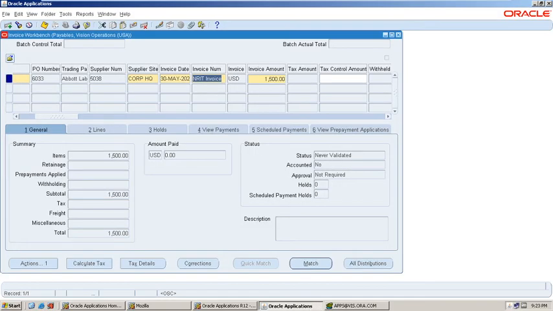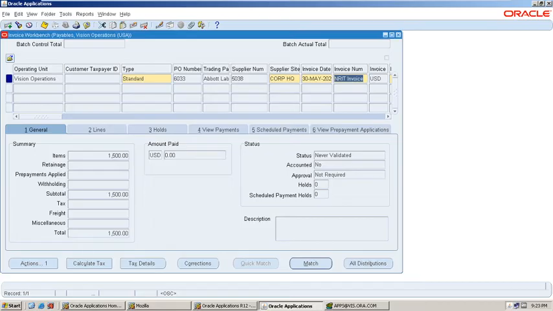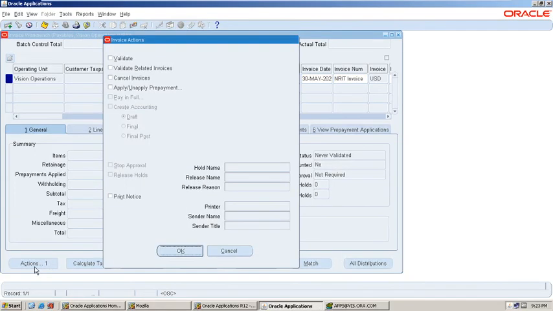Now the invoice has been created successfully. Once the invoice got created, we will validate that invoice by clicking on the action button, selecting the validate checkbox and then clicking on OK.